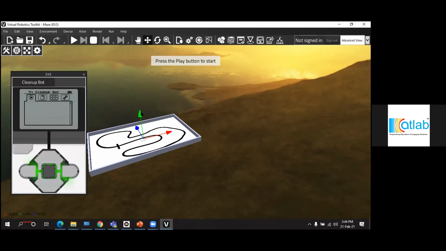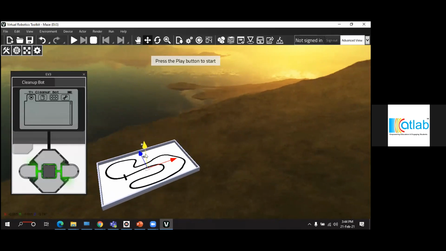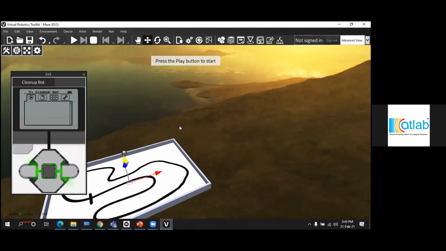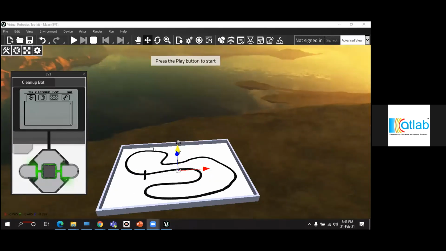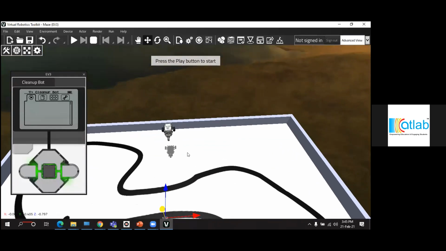So I'm going to click the top arrow, the green one, and then hold and move down. So there is a robot. So here is a robot. Okay, so our robot is in the right place.